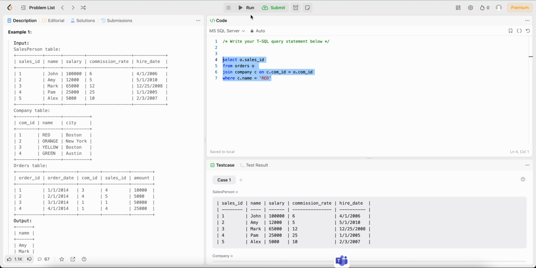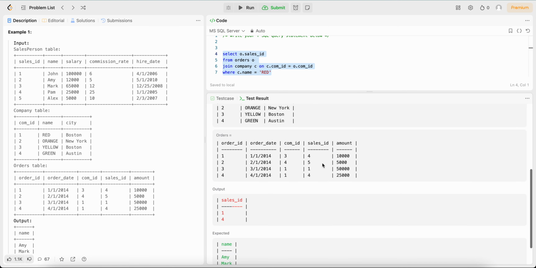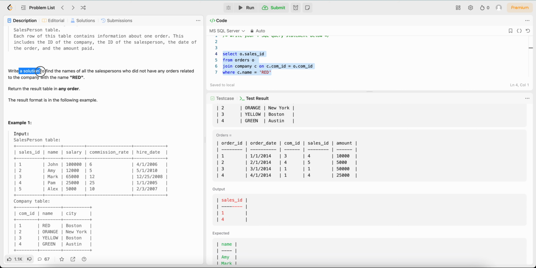So let's run this. After running this, we have got two salesperson IDs, 1 and 4. That is John and Pam. So these are the two salespersons who are associated with a company whose name is red. But what we want is a solution to find the names of all the salespersons who did not have any orders related to the company with the name red. So what we will do is,